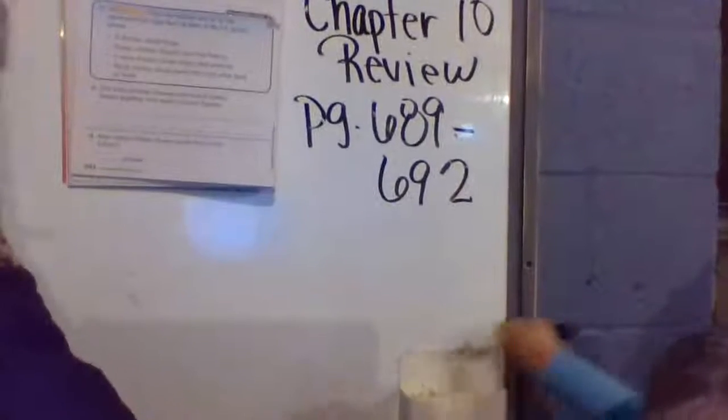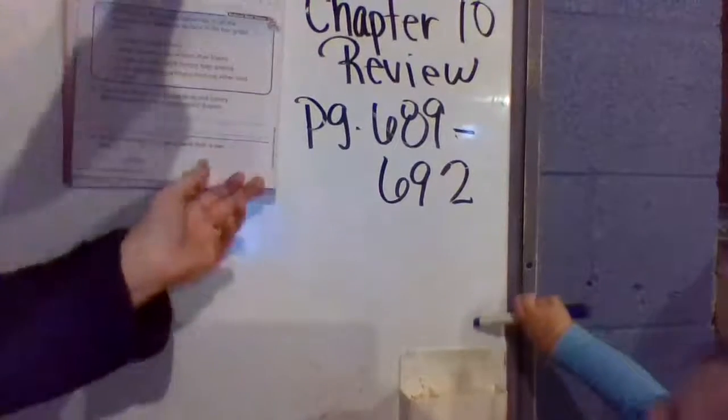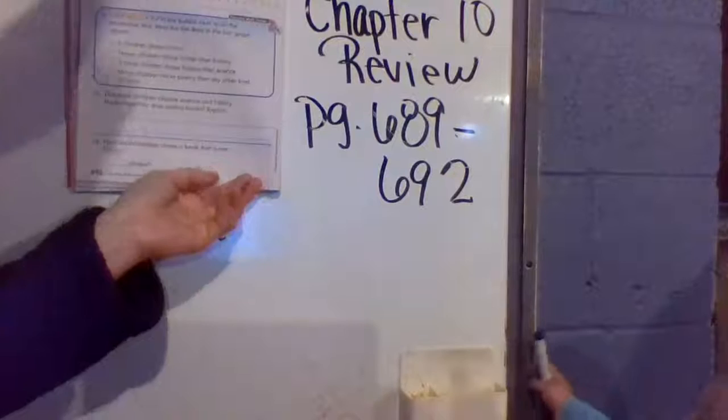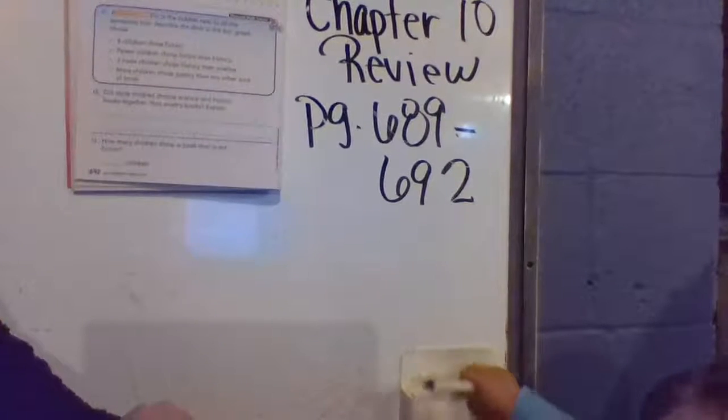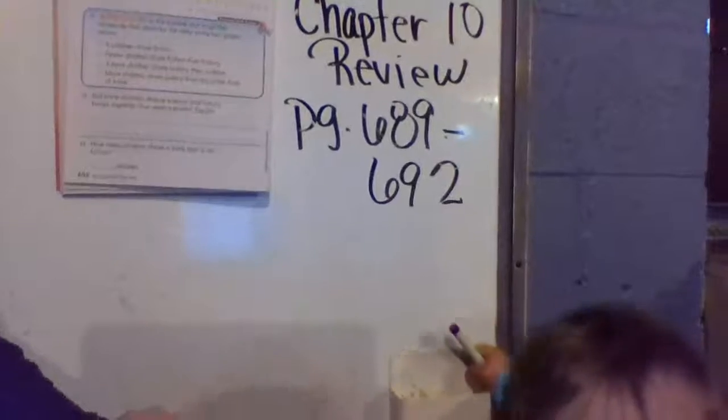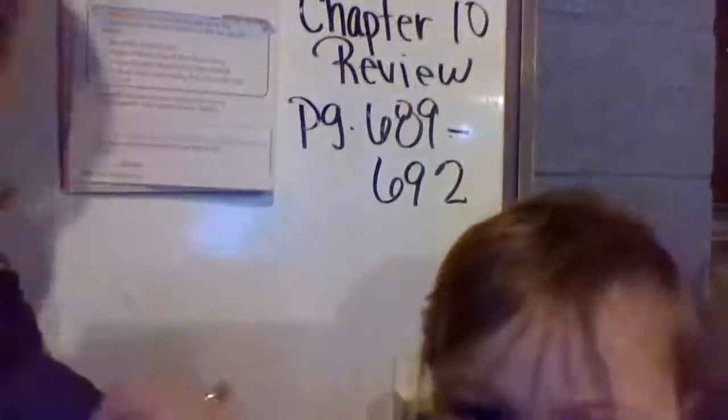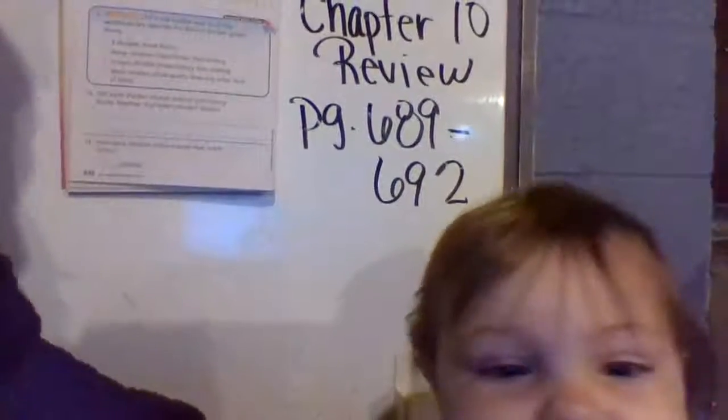Okay. Alright, so on page 692, last page, it says, Mr. Sanchez asked the children in his class to name their favorite type of book. Use the data to complete the bar graph. All right, so the first thing we need to do is we need to come up with a title. What would be